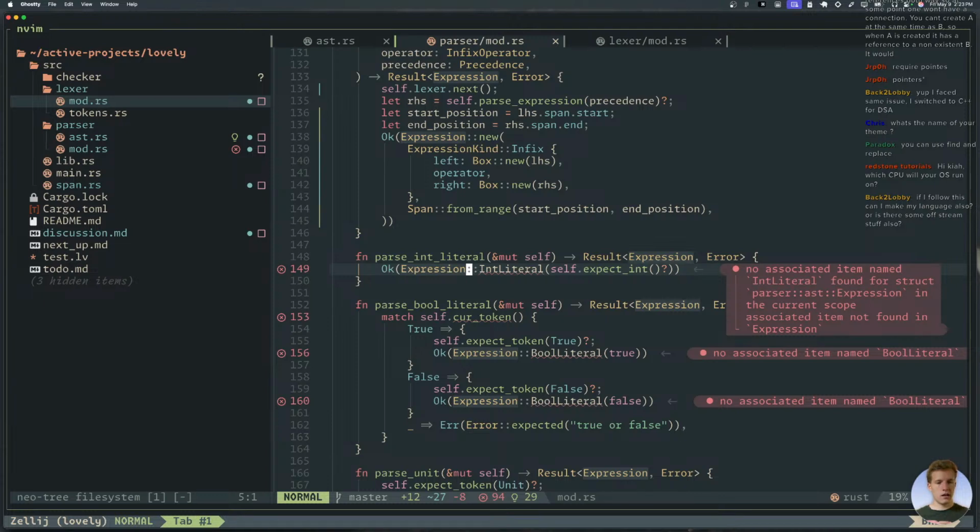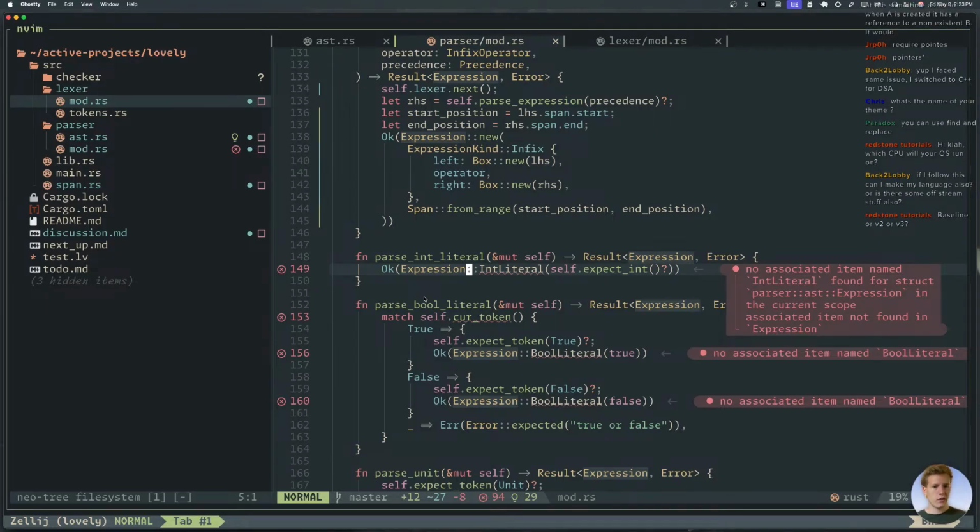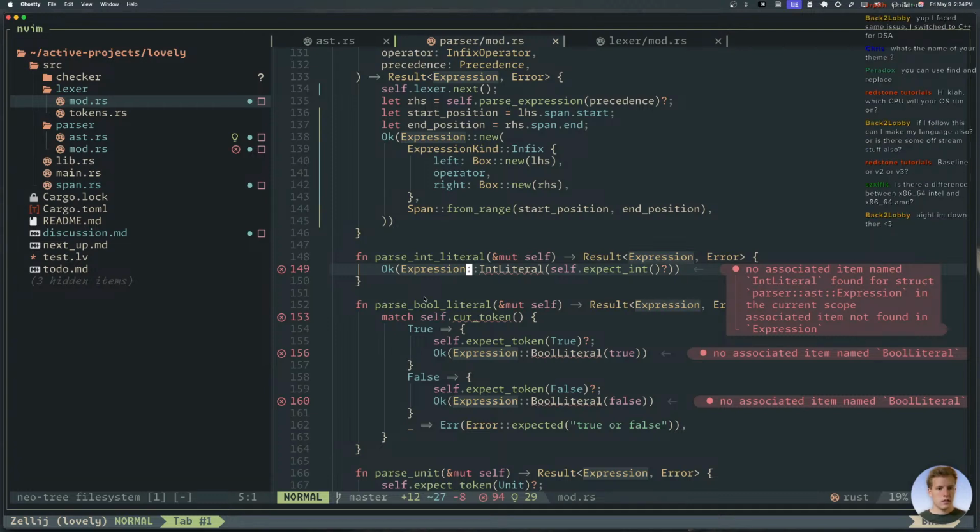I do nothing off-stream on this, so everything's here in the videos, but I'm not necessarily taking the best or the fastest route because this is my first time making a compiler, so there's probably better resources out there. Baseline or V2 or V3? I don't even know. I didn't know there was a V2 and a V3. Is there a difference between x86-64 Intel and x86-64 AMD? I didn't know there was such a thing as x64 AMD.